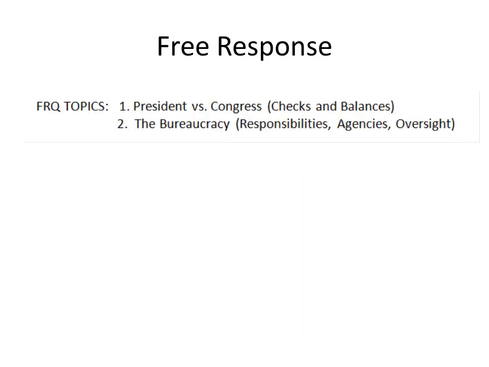For the first free response, you want to go back and look at all those examples of the ways that the President and Congress can check each other, but you also want to go beyond the surface. You want to think, because they realize that the other branch can check them, how does it affect their decision-making? For example, Congress knows the President can go right around them and make an executive order. How might that affect their thought process in trying to get a law passed?